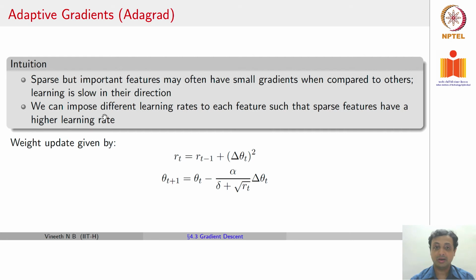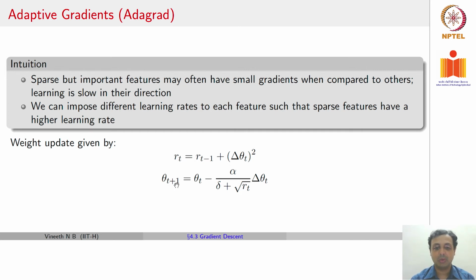So what you do in Adagrad is you accumulate the squared gradients as a running sum. RT is a quantity that holds a running sum of squared gradients. Once again, keep in mind that delta theta t is simply the gradient, that's the parameter update, and that's a vector of the gradient with respect to every weight in the neural network. So for each of those weights, you maintain a running sum of the gradient squares, and then your parameter update